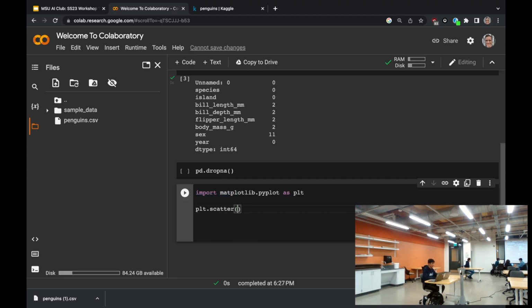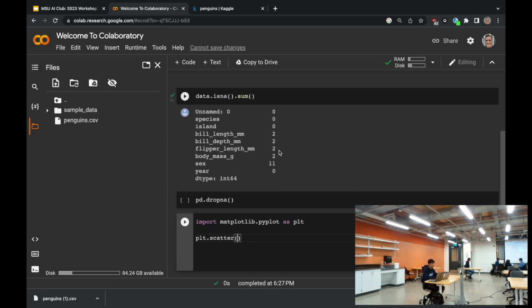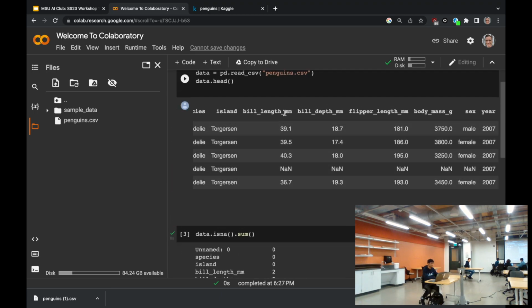You guys can also play around with this a little bit. Let's take the bill length value and the